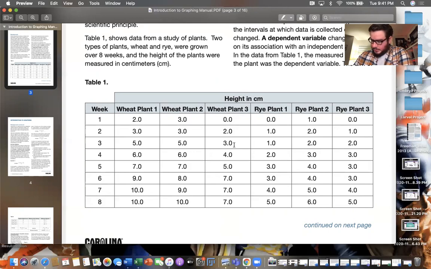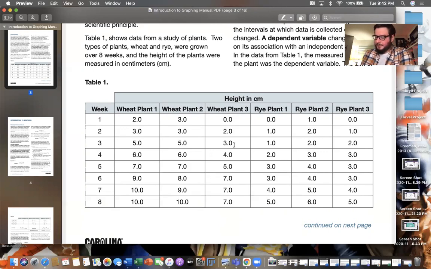So let's go ahead and do that. I know what you guys are probably thinking, right? Why am I graphing this by hand when I'm on a computer? Obviously, if you're watching this on a phone, you can even graph on your phone using Google Sheets. Why am I doing this